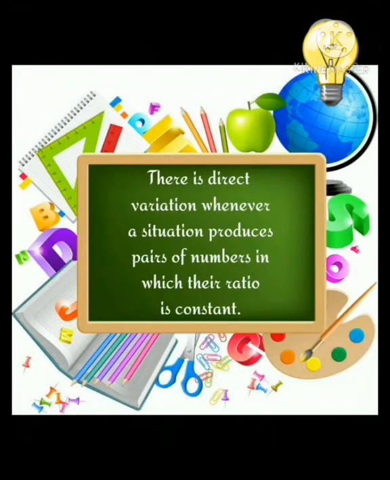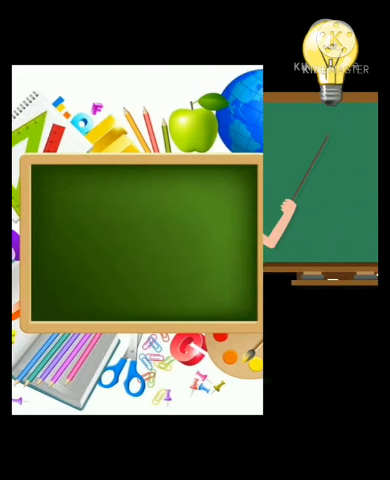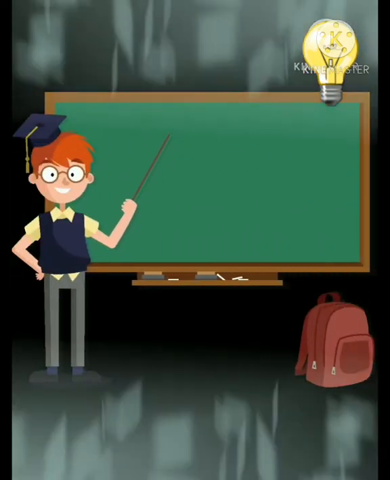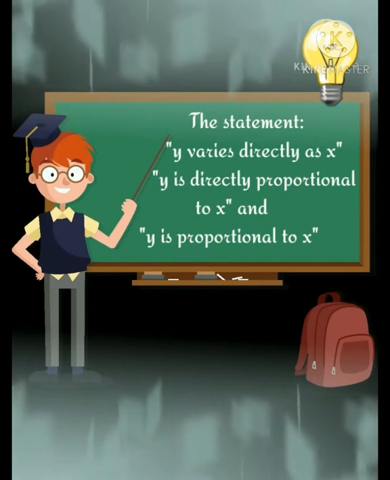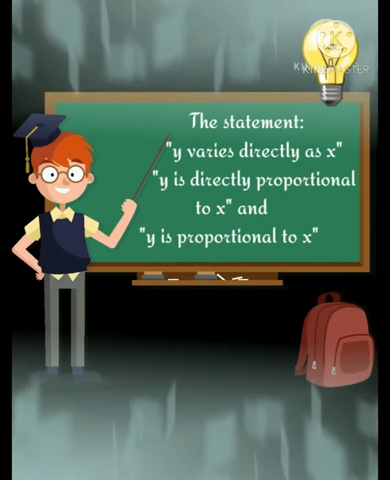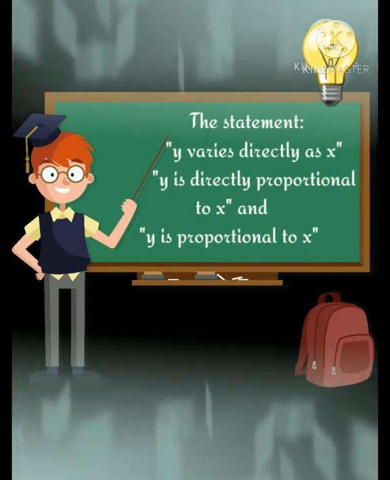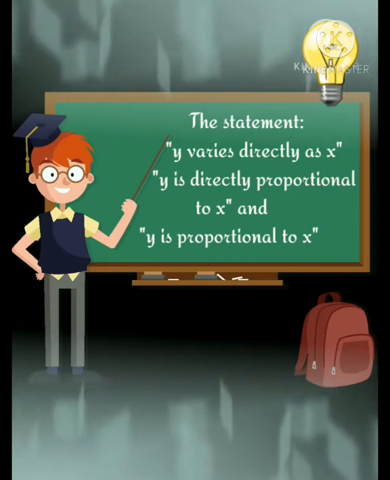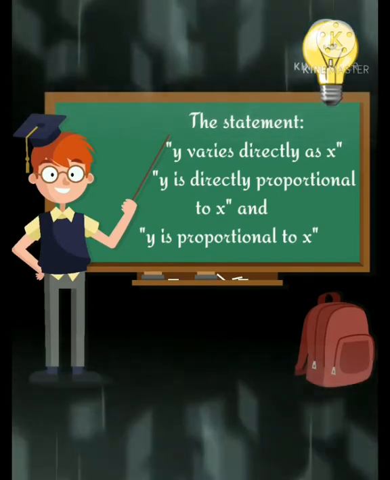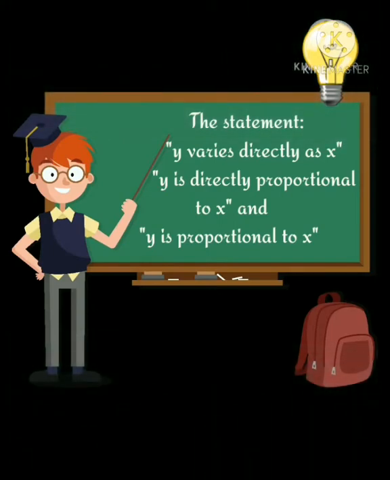So there is a direct variation whenever a situation produces pairs of numbers in which the ratio is constant. The statement will be: y varies directly as x, y is directly proportional to x, and y is proportional to x. We need to study this statement because it helps us define direct variation. Once you remember the statement, it will be easy to understand problem solving in real life situations